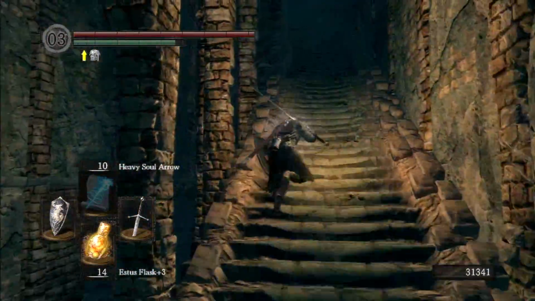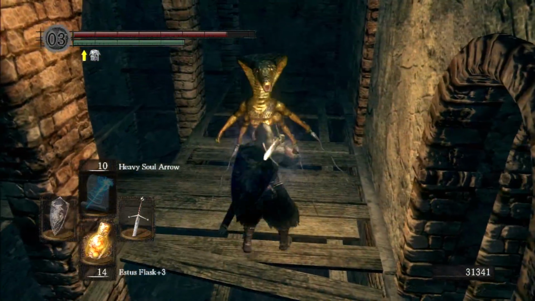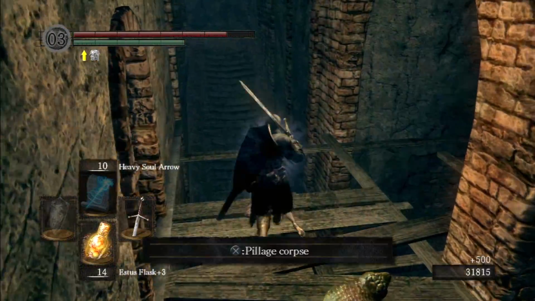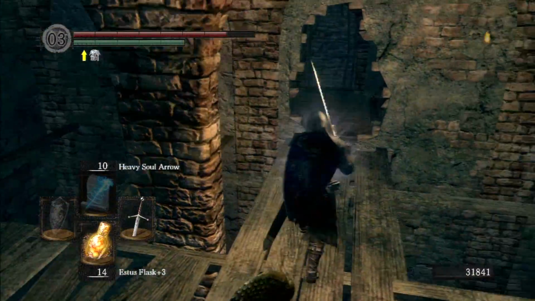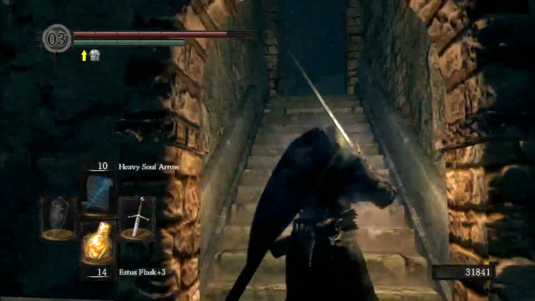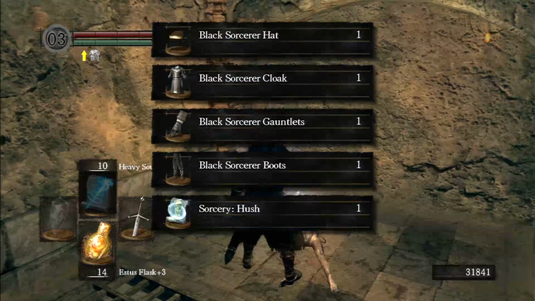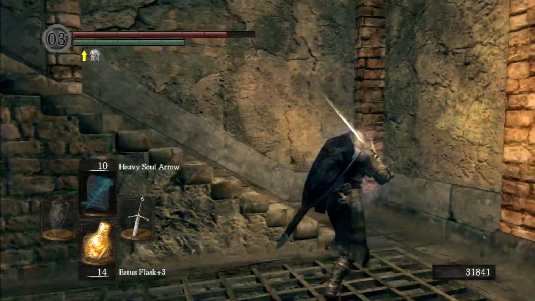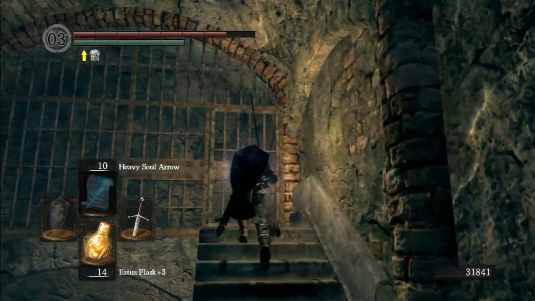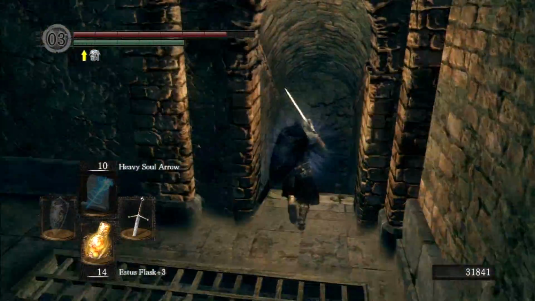if you run straight up, you'll be able to access this little ledge where you can drop down and attack the snake mage on the platform. There will be a soul item, and there will also be an armor set. It will be a Black Sorcerer armor set and a miracle and a spell called Hush, which has the same effect as the Slumbering Dragon Crescent Ring. So you can either take this ladder to go to the next area, or you can